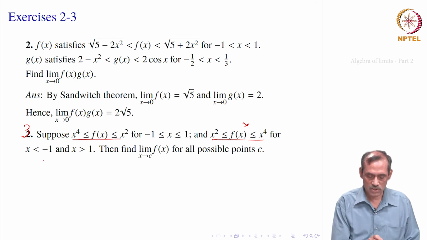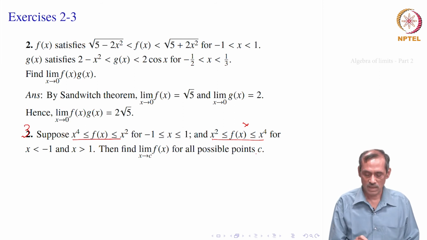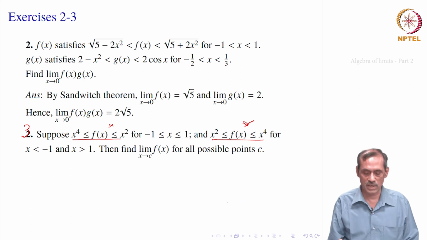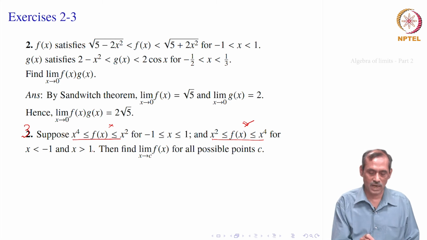Similarly, suppose x is less than minus 1. So, let us say c is something which is less than minus 1. Then this inequality will not be applicable; only the other one is applicable. Then you can think of what is going on here. Similarly, if x is bigger than 1, only the second one is applicable, and the first inequality will not be satisfied. And x at minus 1 and 1,